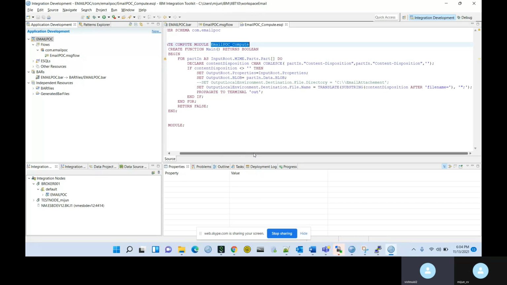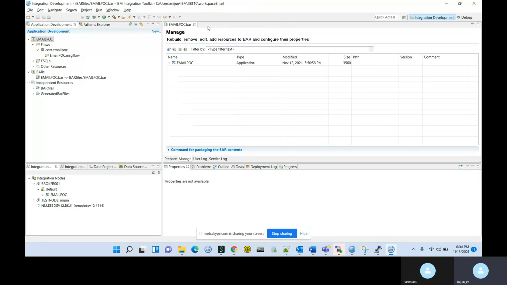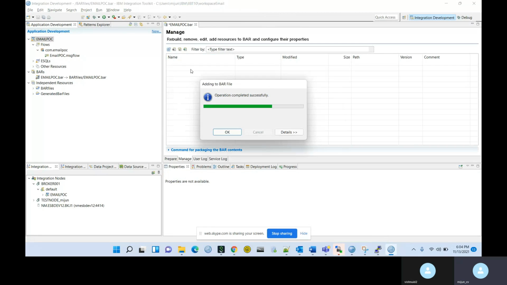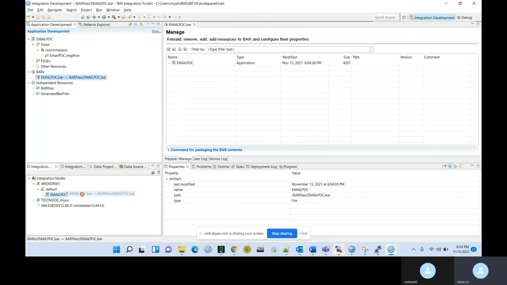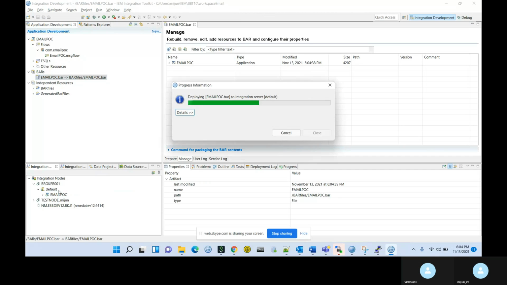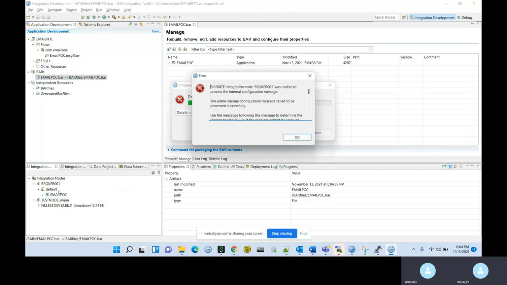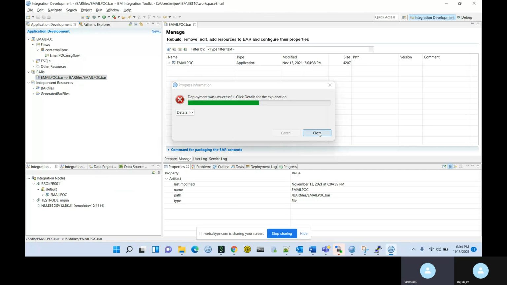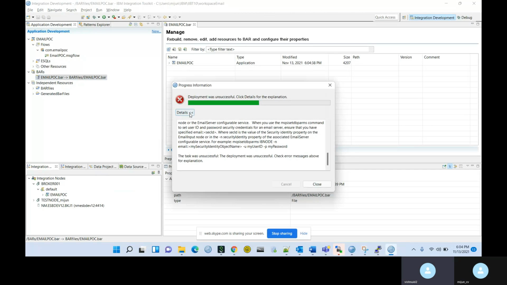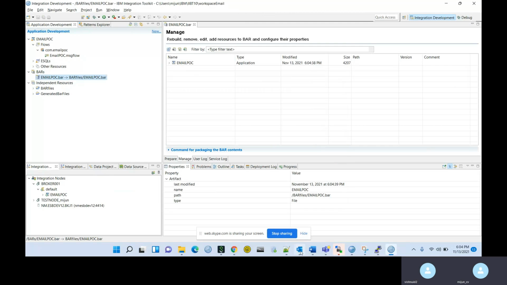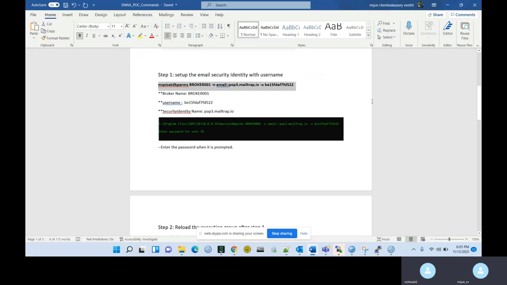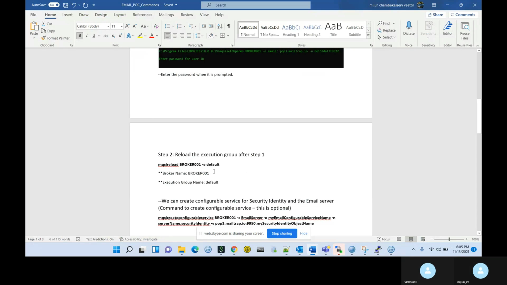You can redeploy this application and reload the execution group. What does it say? It's not finding the security credentials. So reload the execution group and then deploy. Reload, the security identity reload. This one, right?